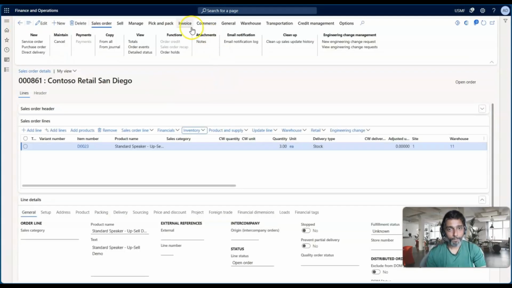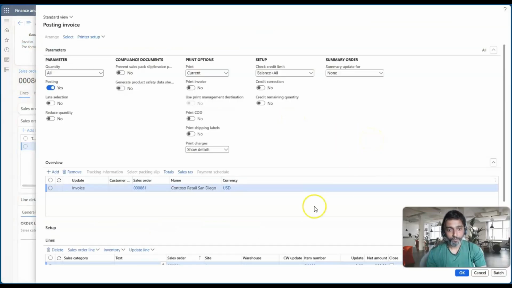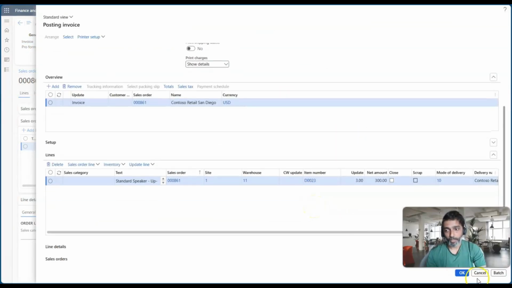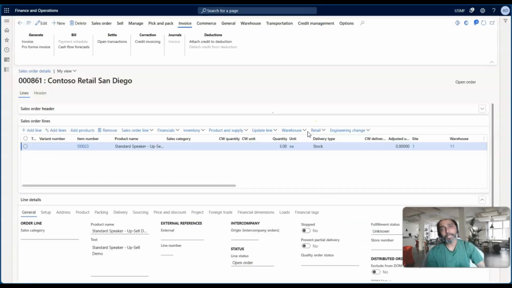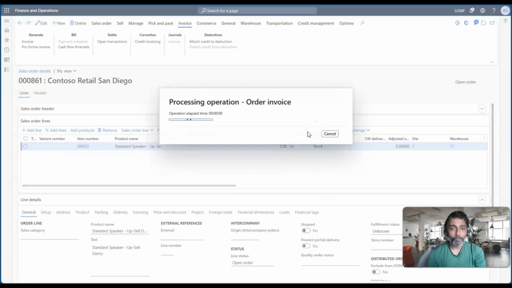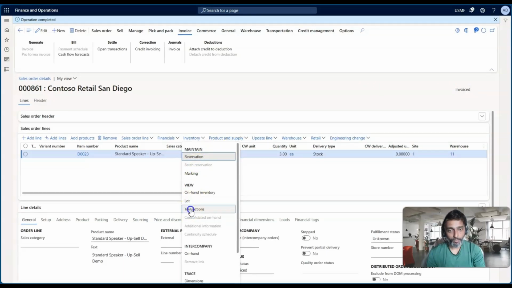Let me go back, then let me invoice this. So I'm going to invoice this item. So I'm not posting the packing slip, I'm directly invoicing this item. So once the invoice is generated, then we will quickly check in the transactions also how this royalty is generated. And so the invoice is posted. You can see the status of the sales order is invoiced. So now if I go to the inventory and click on transactions,